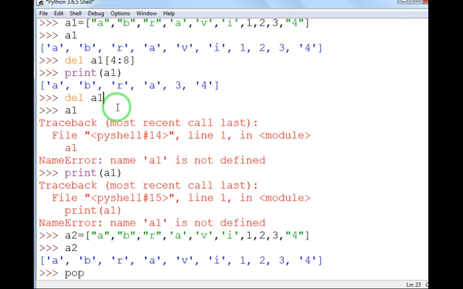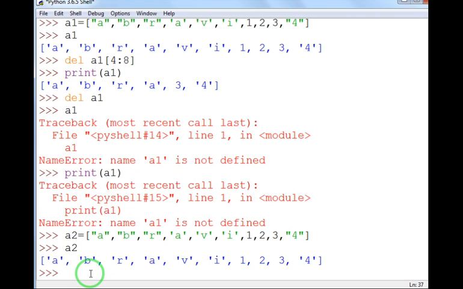But we can also use the pop method to remove a single element, not a list slice. The pop method removes an individual item and it returns it. So there is a difference in how you are going to use del and how you are going to use pop.